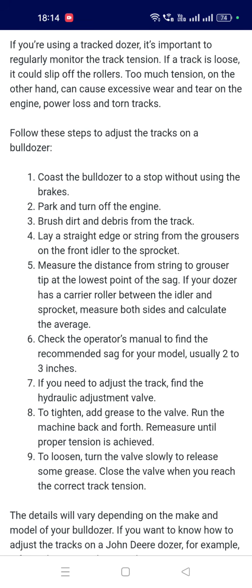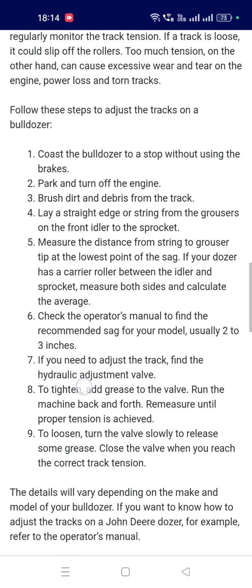1. Cause the bulldozer to stop without using the brakes. 2. Park and turn off the engine. 3. Brush dirt and debris from the track. 4. Lay a string from the cruiser on the front idler to the sprocket. 5.